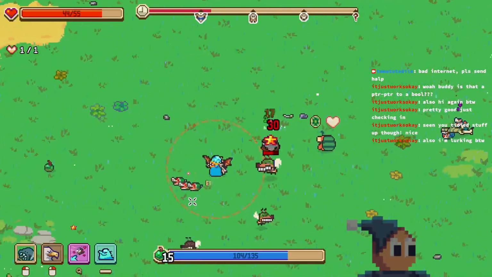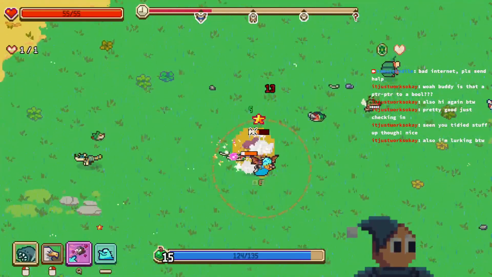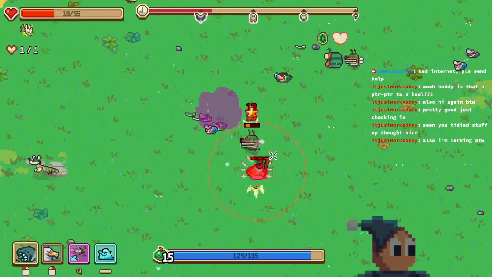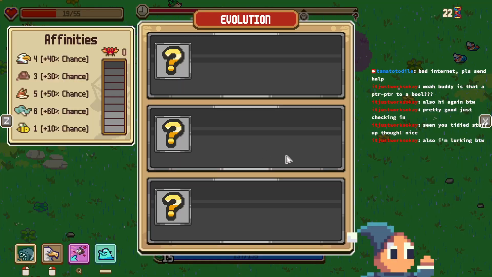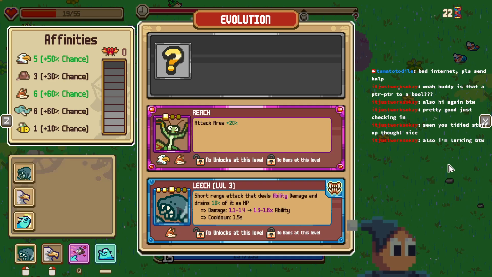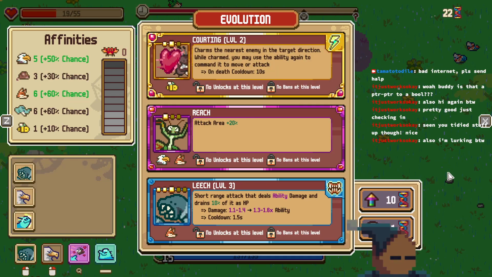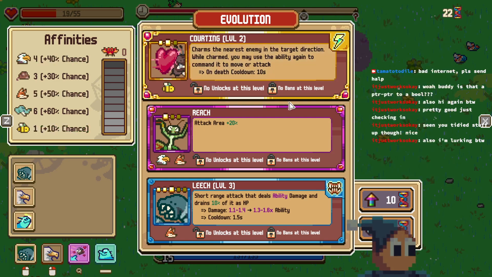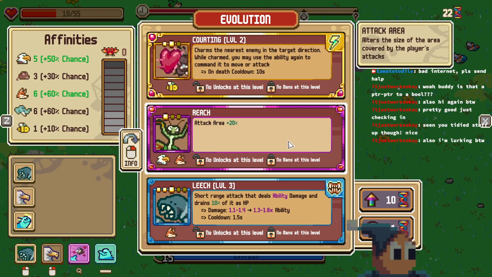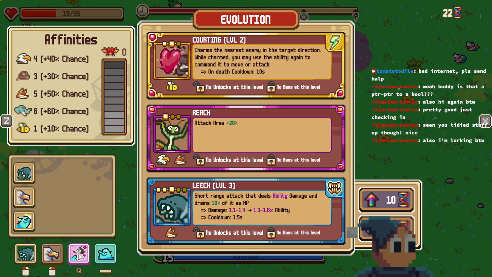Alpha, come here. Ouch, that hurts a lot. Attack area courting. Leech. I don't know which one. Harms the nearest enemy at target direction. On death cooldown.